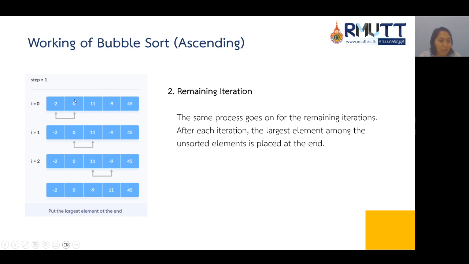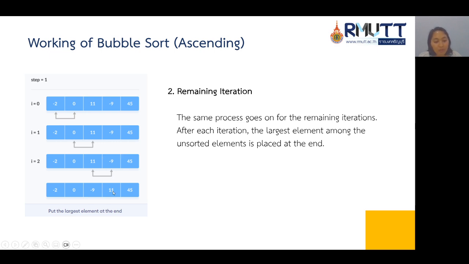Like this one, compare again the first and the second. If no need to swap, that's shown like this, and compare again the second with the third. If no need to swap, and then the third with the fourth. If this needs to swap, then swap again.